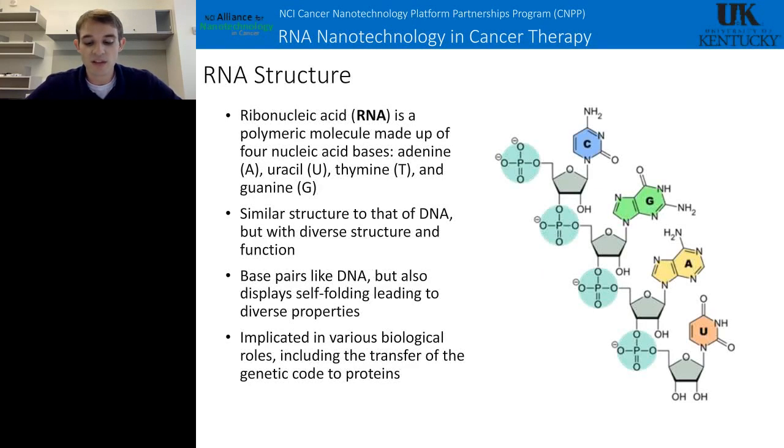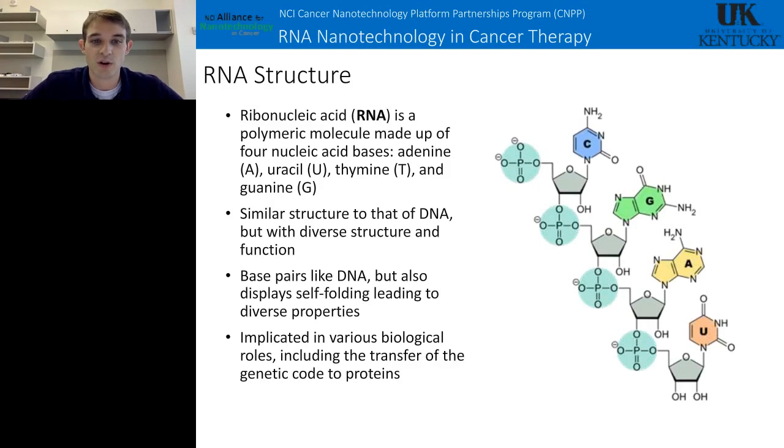So what does RNA look like? The structure of RNA is very similar to that of DNA. It's a polymer made up of 4 different bases: adenine, uracil, cytosine, and guanine. There's actually a typo on my slide. But anyways, the structure is very similar to that of DNA, where there's a phosphate backbone linking the ribose sugars at the 5 prime and 3 prime carbons, and then off of the 1 prime carbon is your base. That's where the A, C, G, and U are located.